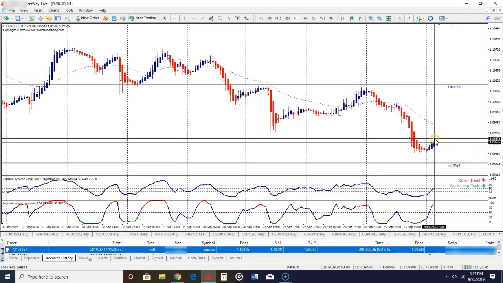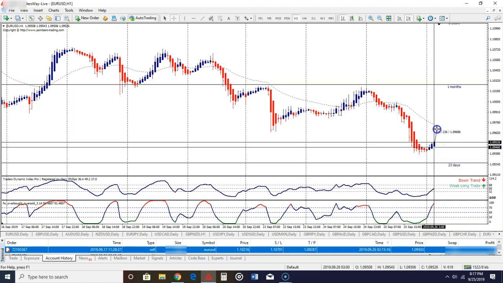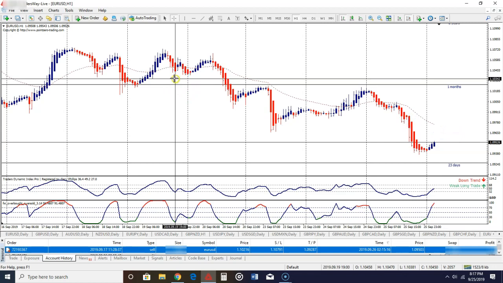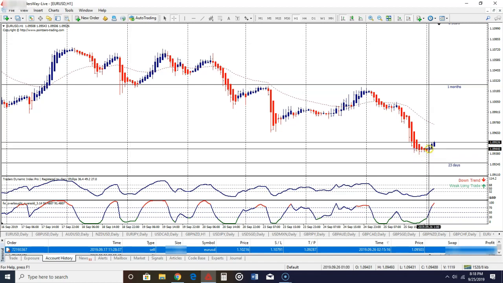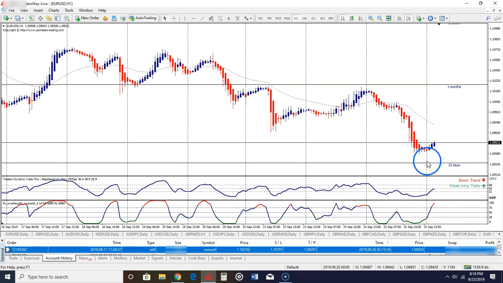Now this price could reverse and go all the way up, right? The banks could take all of this profit right here that they made selling this market, and they could take a chunk of that profit. And if they sell into the market, then essentially price is going to start moving to the upside, because once you close a sell position, you're closing a sell position with a buy position. So price will move. Now, since this came so close to the support level,